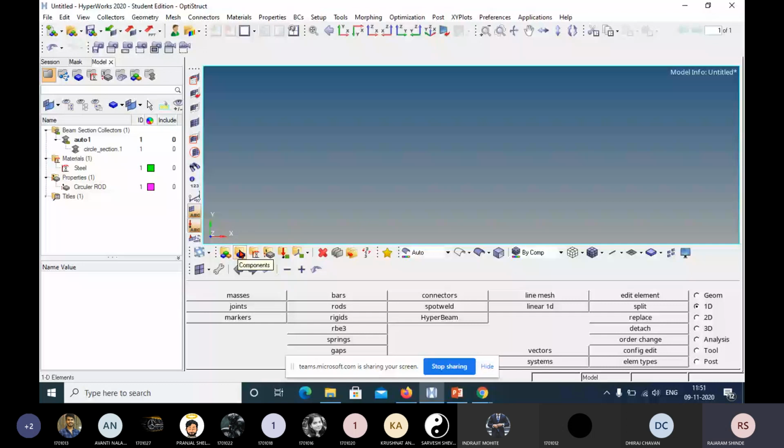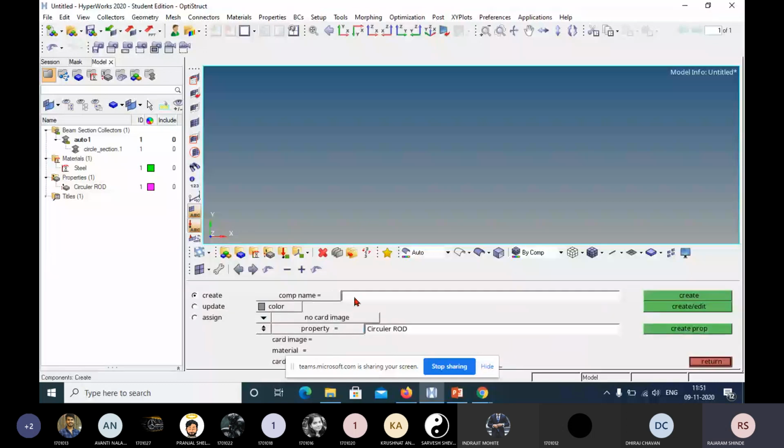Now you enter the name of the component. Again I will enter here rod circular. Now you define a different color. Now here I will define this color. Now see here, for this component there will not be a card image, but if there is a card image, you select the card image.